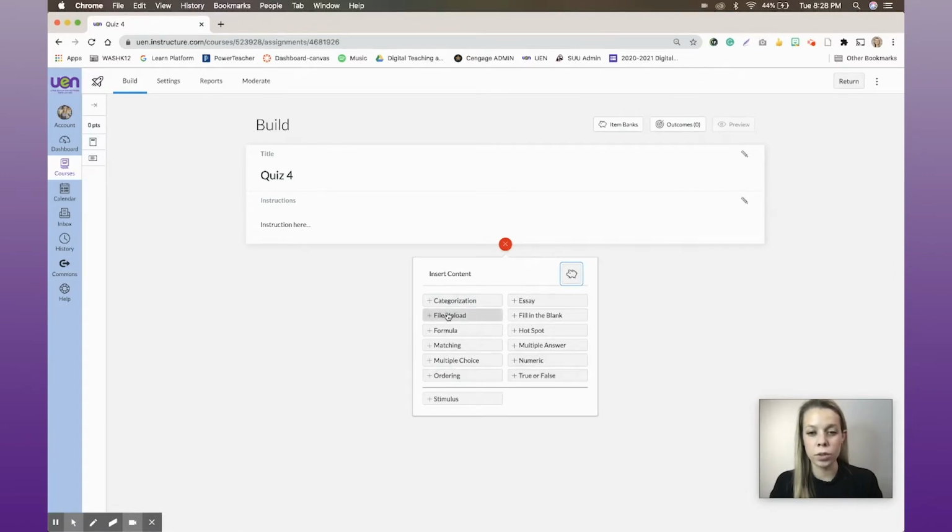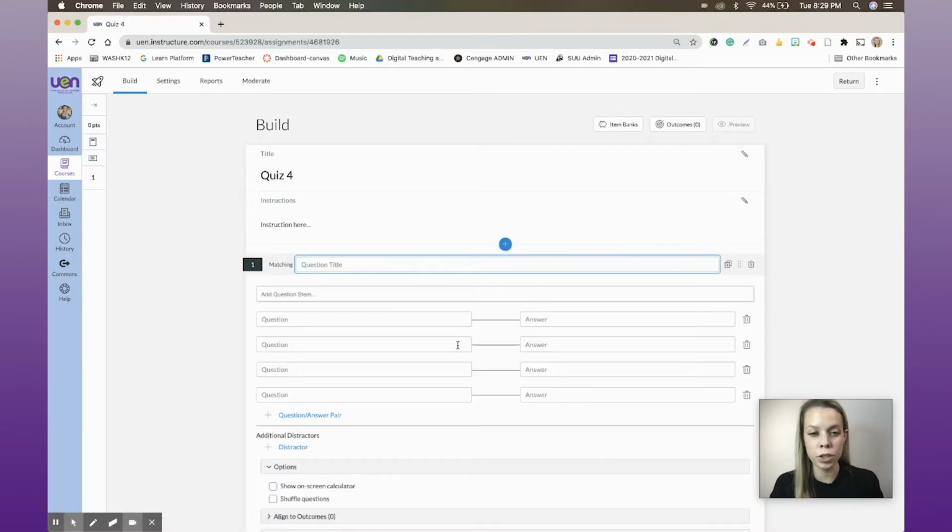So if I want to do a file upload, where I would want them to maybe take a picture or upload something from their device, then I would ask them a file upload question. If I want them to submit a formula, I could do a formula. If I want them to do matching, I can do matching. Now, I do want to show you this one. So if I wanted to give them a question for vocabulary words, I can add a question stem, and then